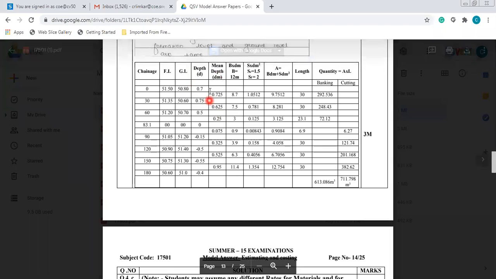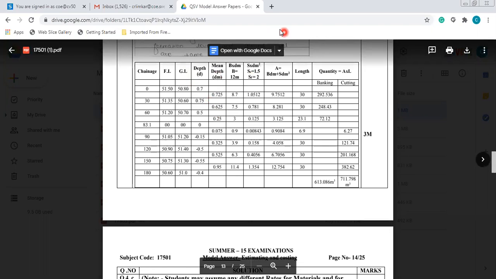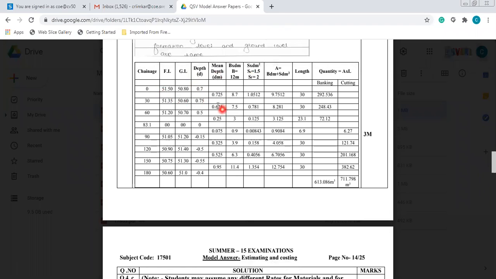Those who have missed our last lecture, that is why I am repeating each and every step for the problem, because the next problem you have to solve by yourself and you have to tell me the answer. Okay, so at the 60 meter it is 0.5, then at 90 meter you will observe that the reading directly drops from 0.5 to minus 0.15. Here it is plus 0.5, here it is minus 0.15.